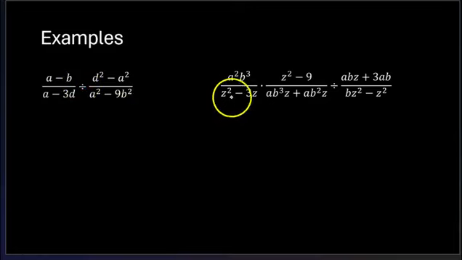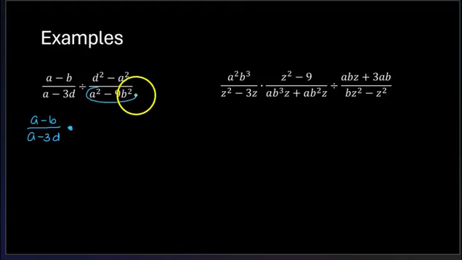Instead of doing the simplification at the end. Okay, so if you look at the first fraction, there's nothing to factor here. So it's just simply a minus b over a minus 3d. Now, since this is division, I have to change the operation to multiplication, but I'm going to get the reciprocal. So that means this would become the